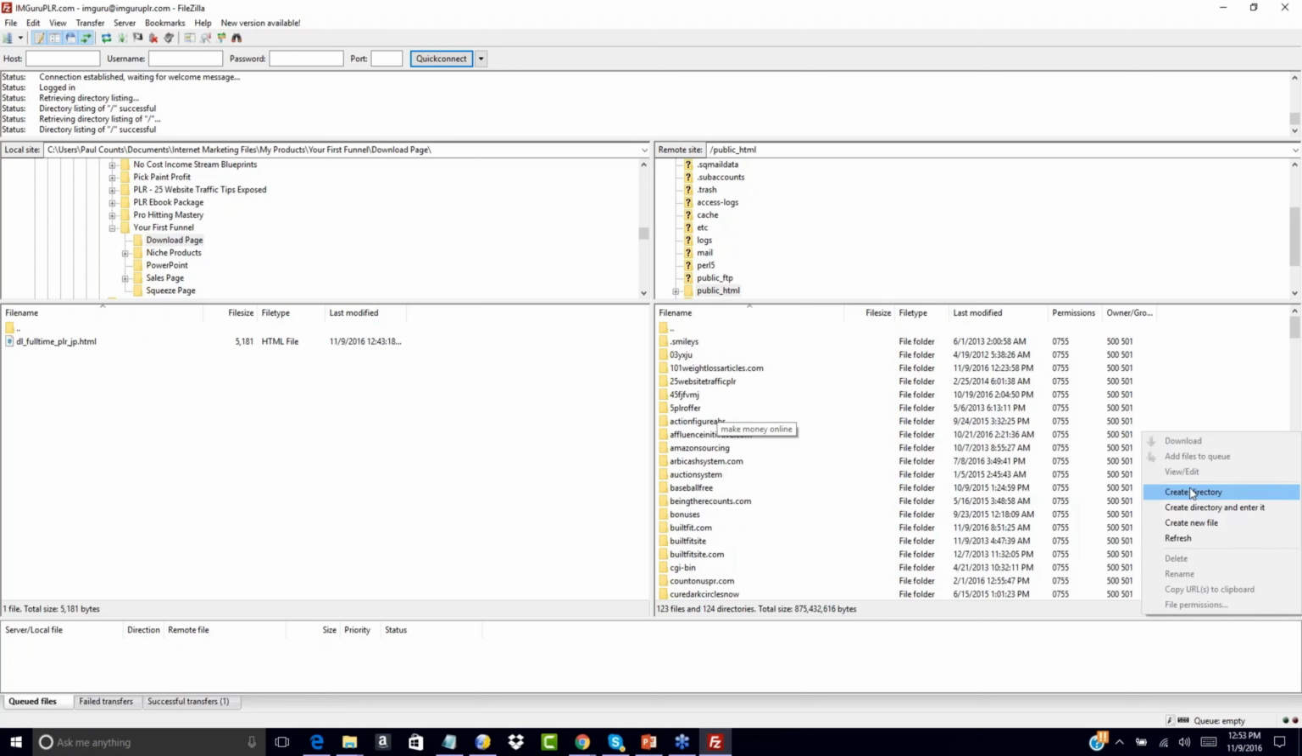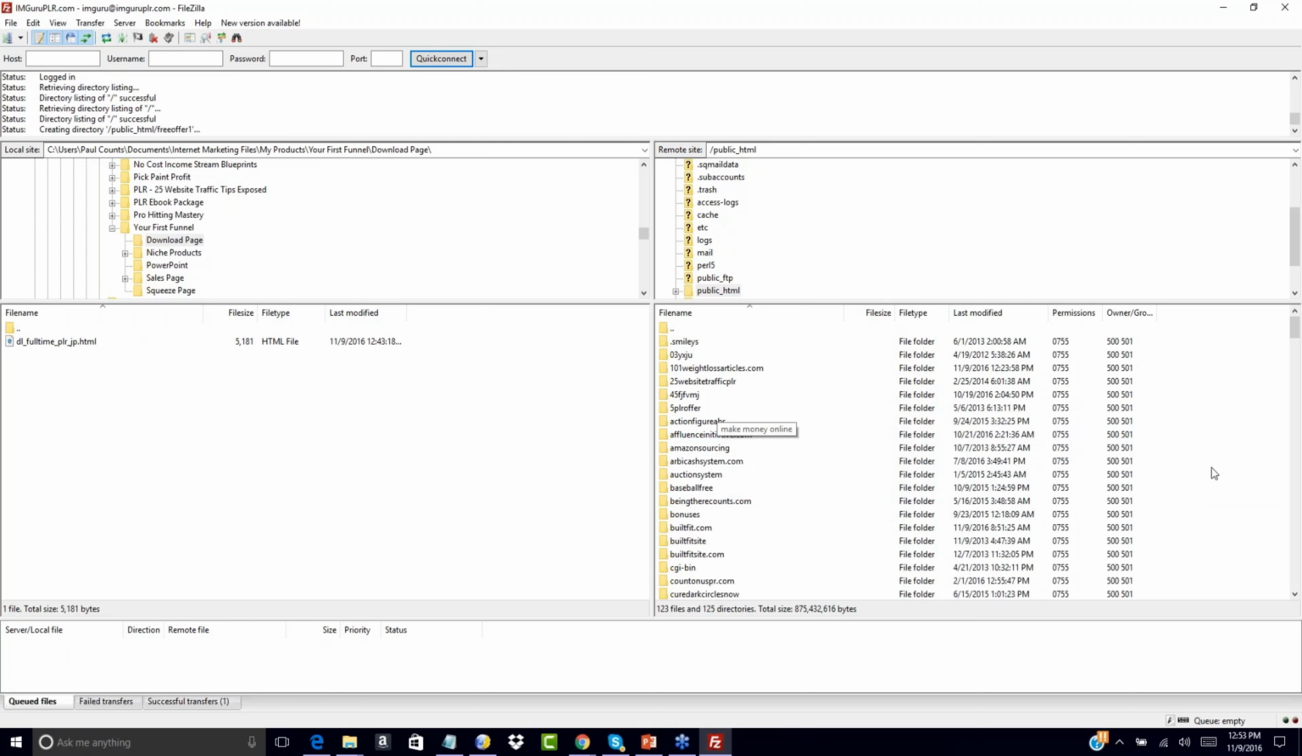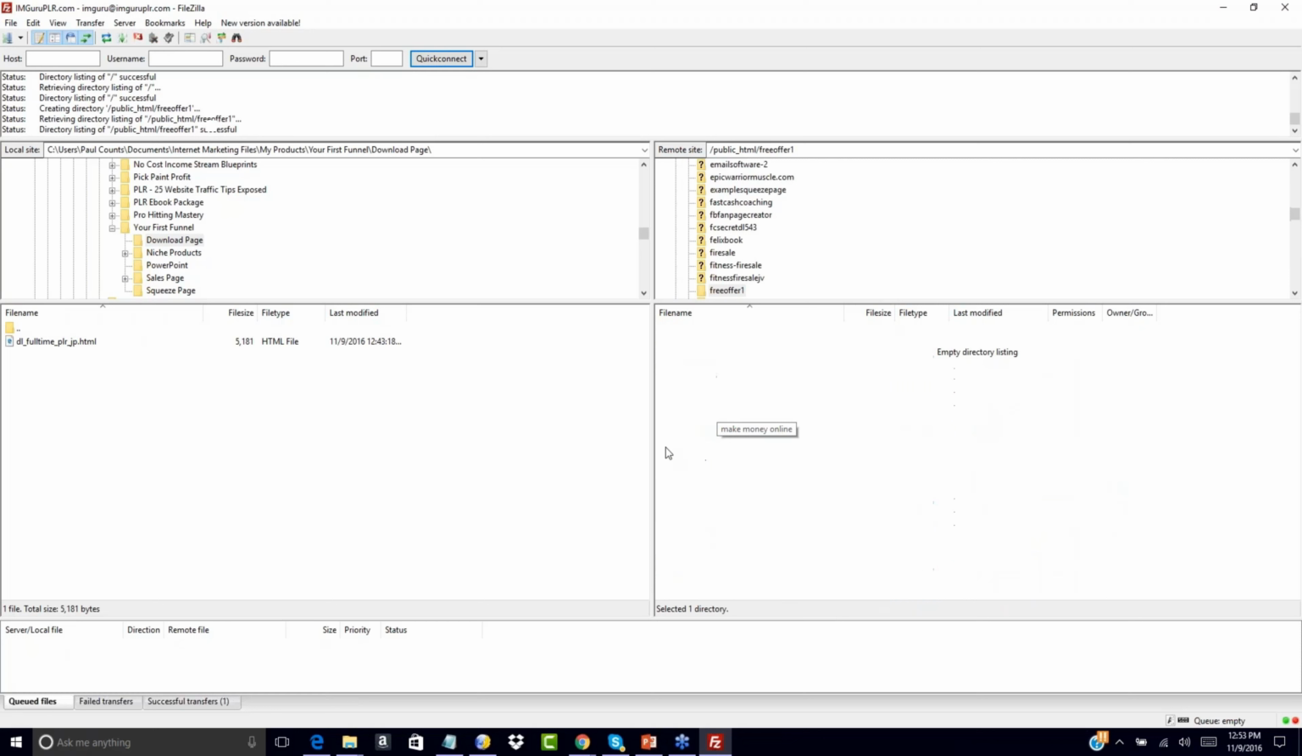I usually put my opt-in funnels under my main domain name, and then I'll create a subdirectory. So I'm going to choose create directory, and it's going to say new directory. Let's just call this one free offer 1, and choose OK. Then I just need to navigate to that folder, double click on it, and now I'm ready to upload the files